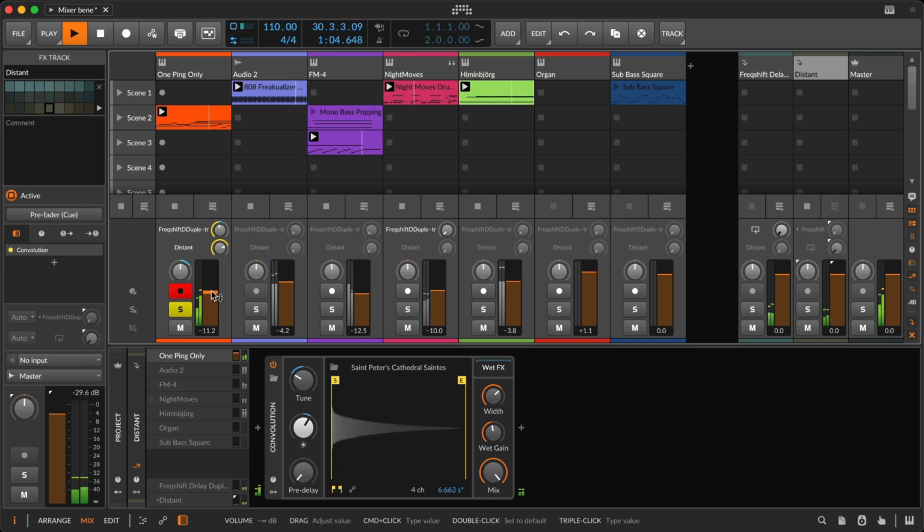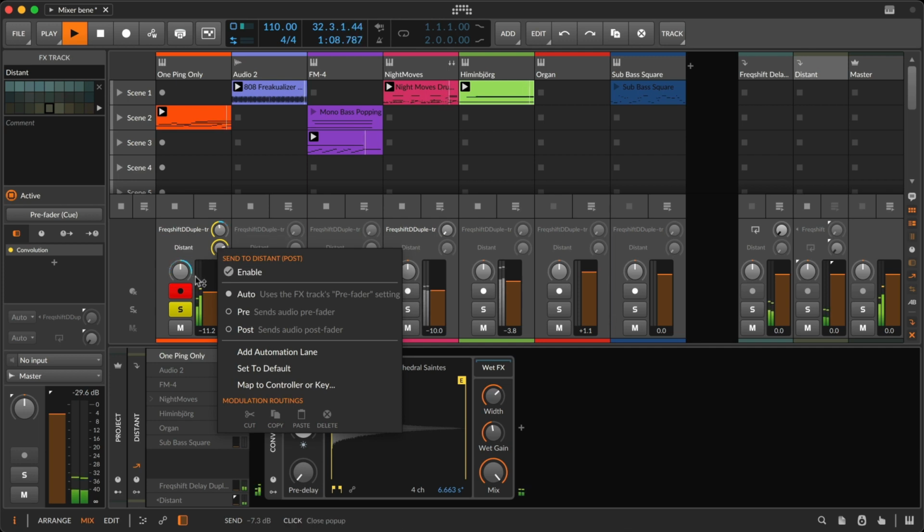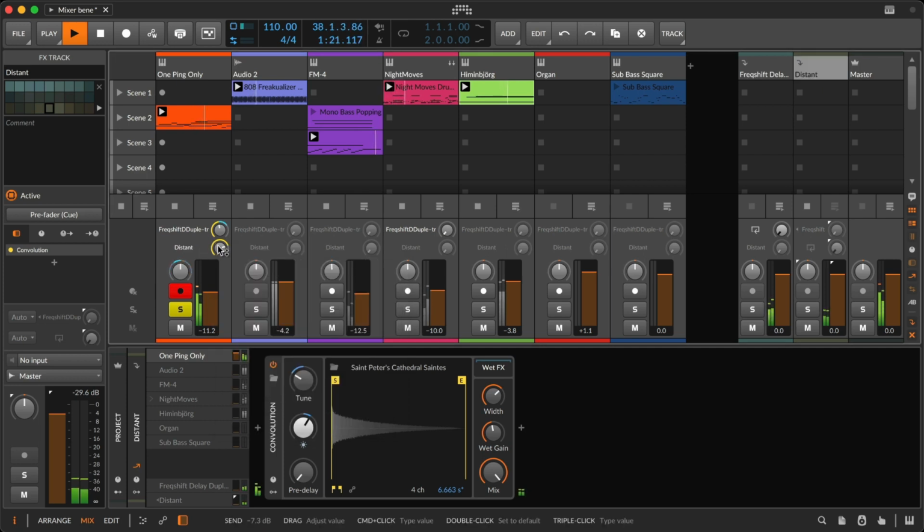Everything right now on these auxes is living in a post-fader world. That is the default, saying we're going to apply the volume before the send takes place. And again, all I did is right-click on the aux to see these options.